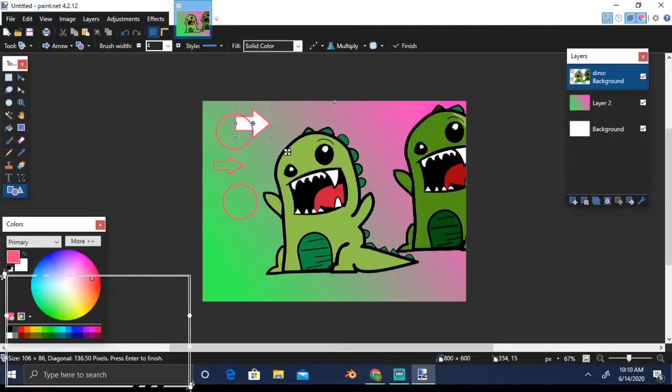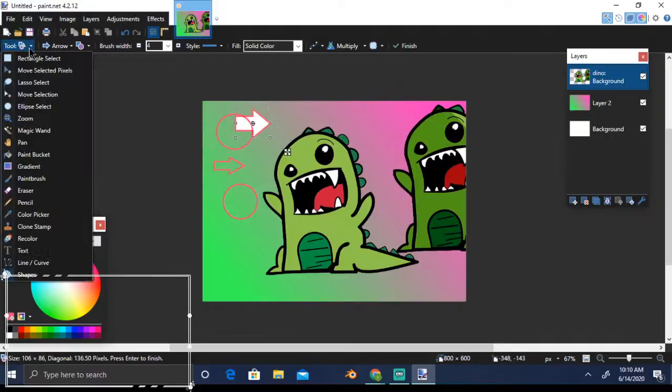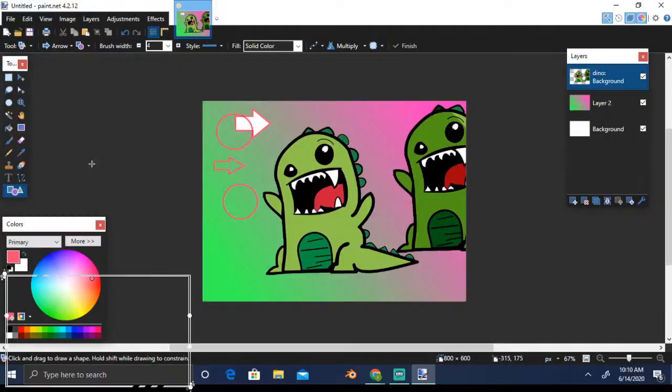You can place different stuff here, and you can also merge these things. So this was more on the shapes tool. That was the basics of the tools that are there.